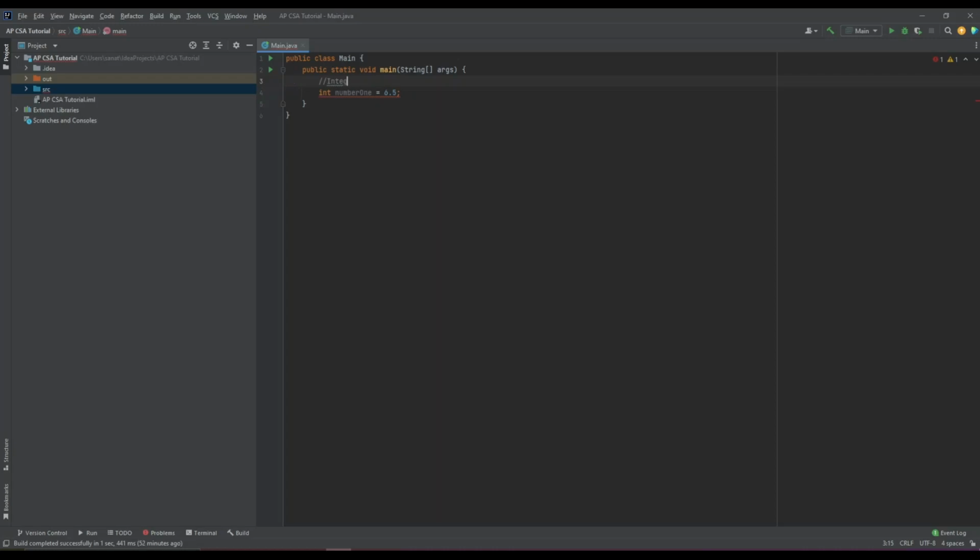So an integer value, so -1, 0, 1, is stored in an int, right? For decimal values, they're actually stored in what's called a double. A double is like an integer, but it can store any number. It can store integer values, it can store zero, negative numbers, decimals, anything. So any other number values are stored in doubles. One of the reasons why you might not want to use a double instead of an integer is that